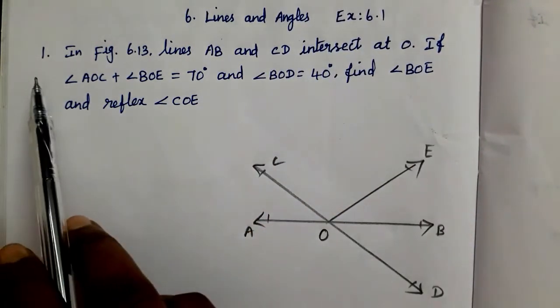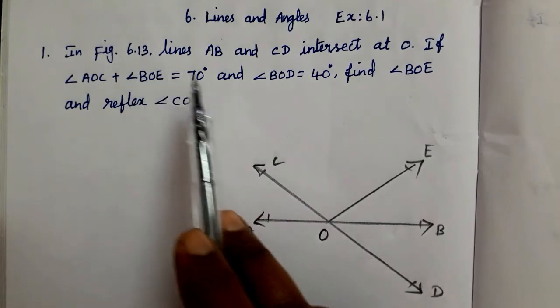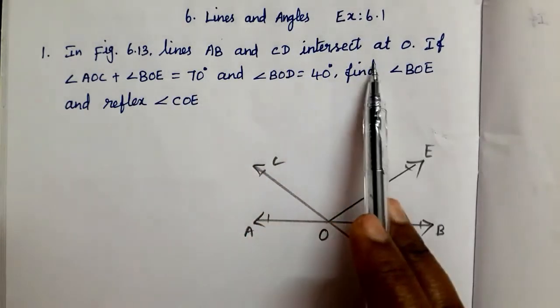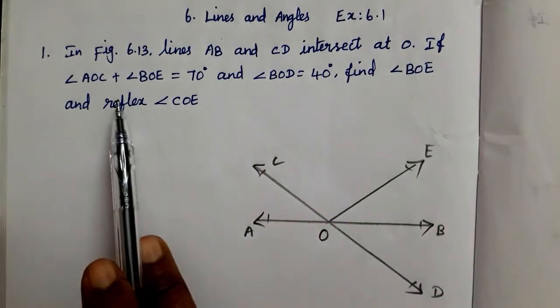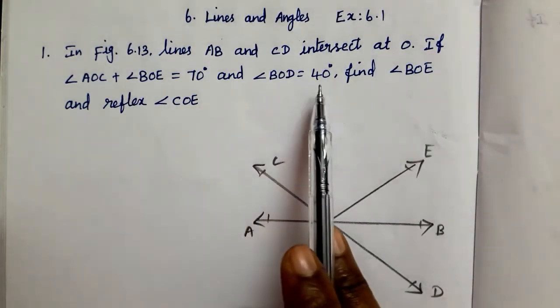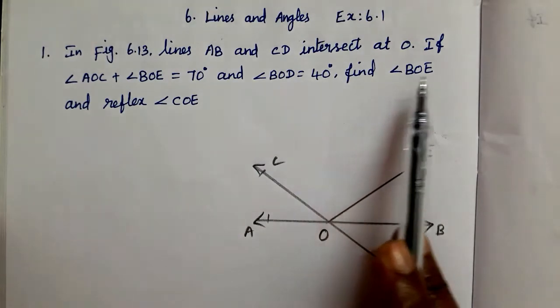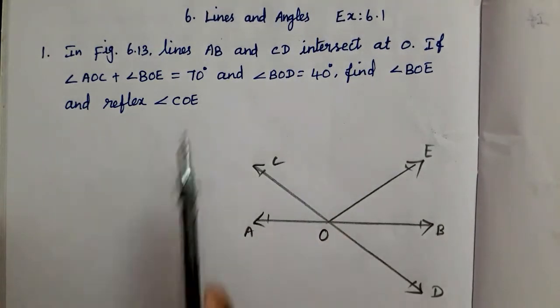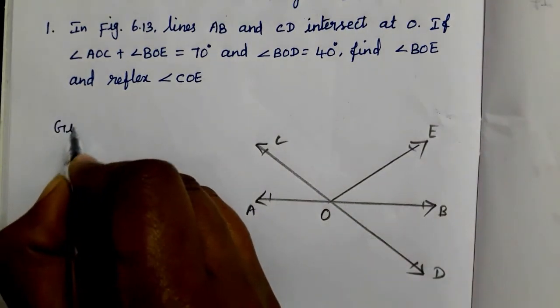Question number 1. In figure 6.13, lines AB and CD intersect at O. If angle AOC plus angle BOE equal to 70 degree and angle BOD equal to 40 degree, find angle BOE and reflex angle COE. Here given